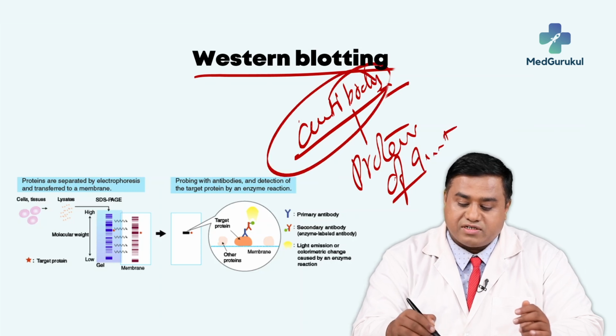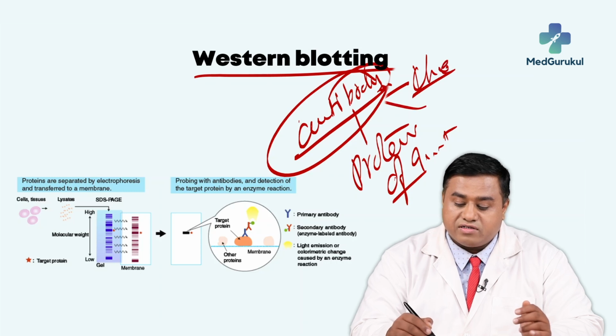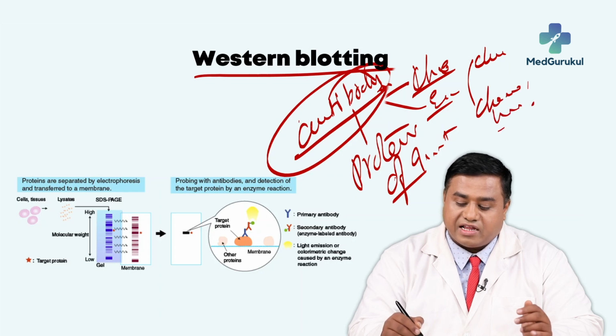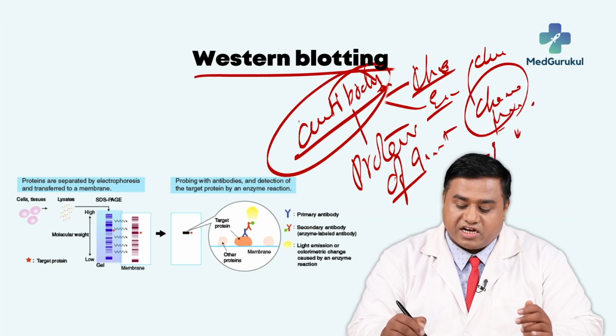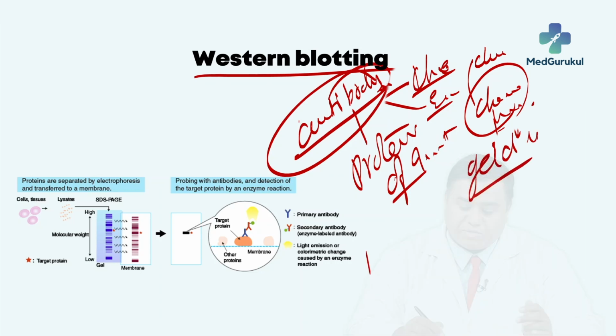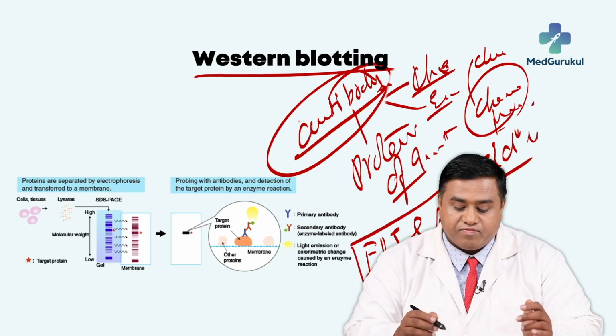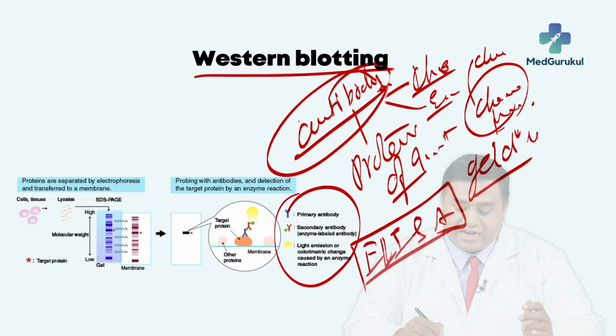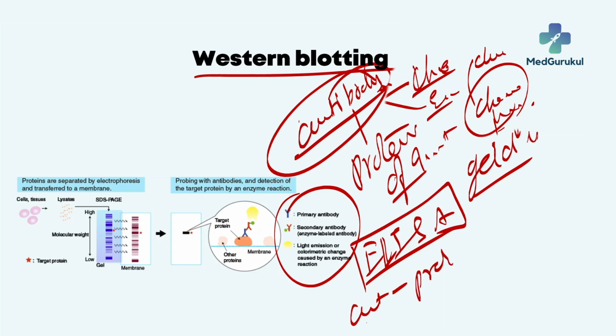This antibody is tagged with a chemical or an enzyme which can convert a chemical into a chemiluminescence, and the light which is emerging is detected in a gel doc system. So, the technique is similar to your ELISA technique, where antigen is bound, antigen antibody reaction is exploited. The antigen here is the protein of interest, antibody is the probe which is labeled with a chemiluminescence or a